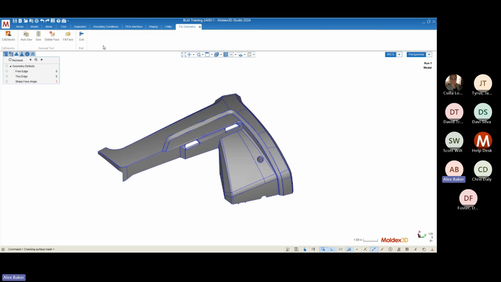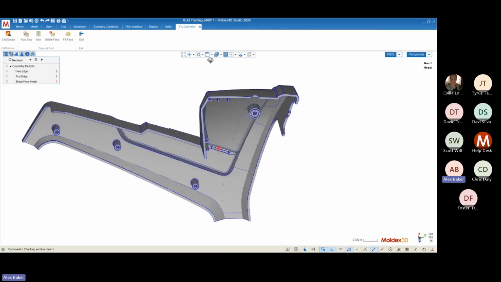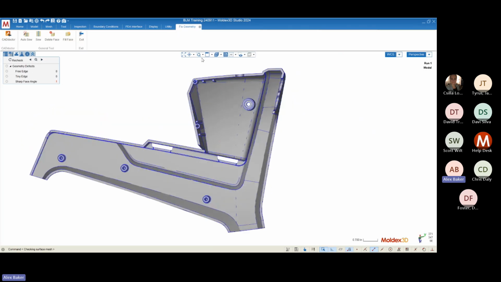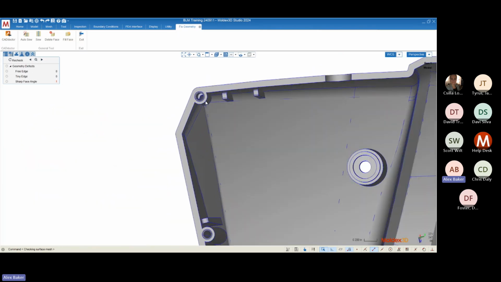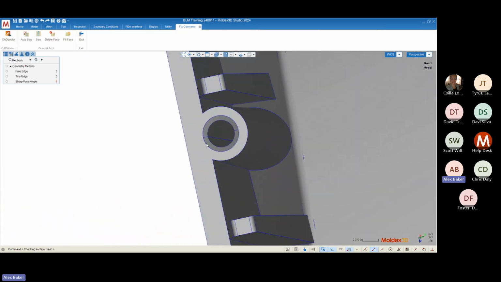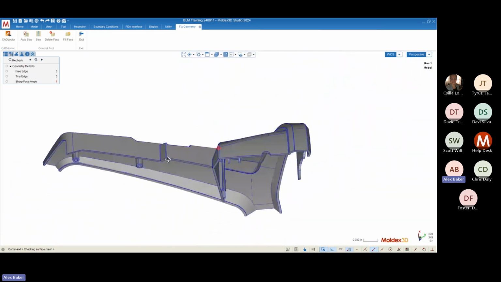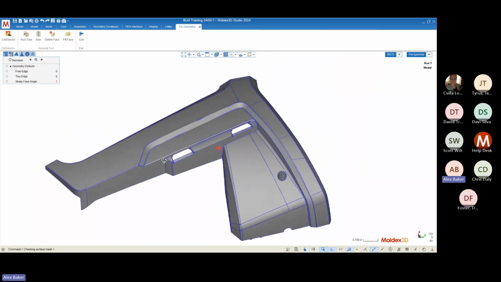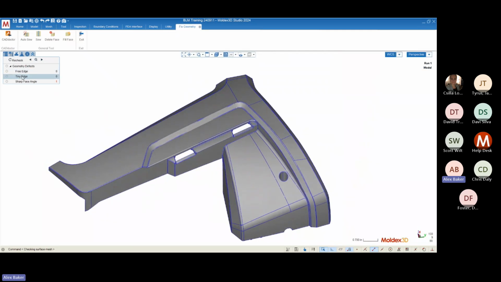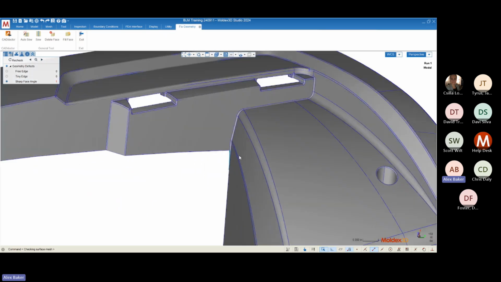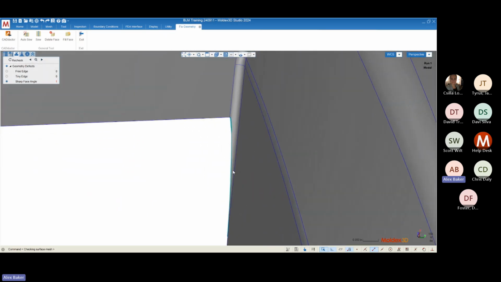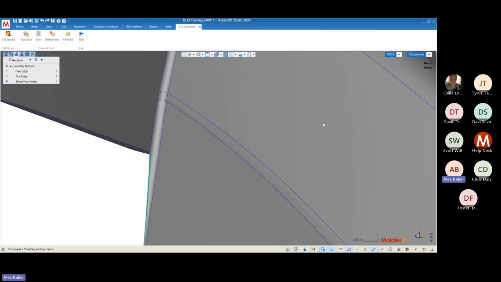All right, now that I have utilized CAD Doctor, we can see that the geometry defects have been minimized. So free edges are kind of like the loop of free edges in CAD Doctor. Tiny edges are when we have a very small base on our geometry, which in this case, we don't have any. If there's just a very, very small feature line on our parts, the tiny edges will show up. And then sharp face angle is when two faces come in and form a pretty sharp or acute angle,